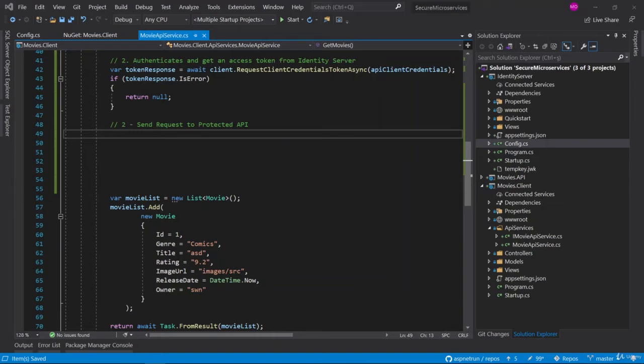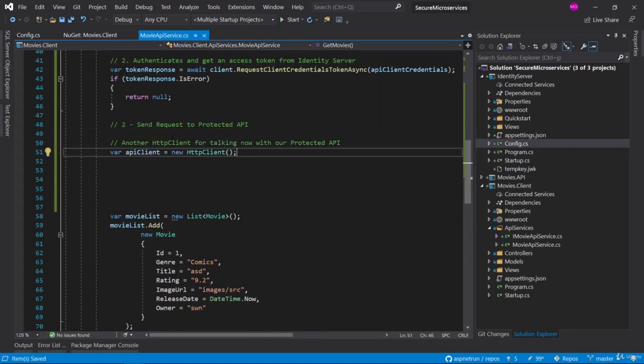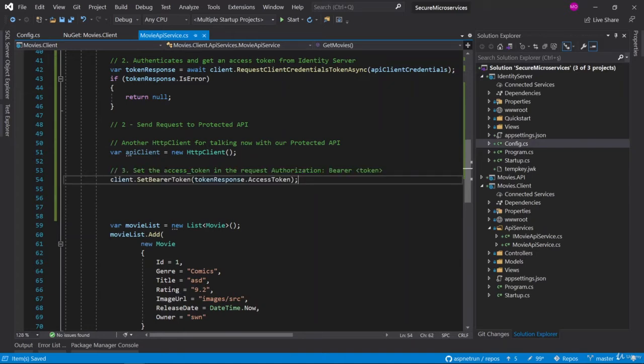For that purpose, again, I'm going to create another HTTP client in order to perform the consume operation from the protected API. This is our API client, and the important thing is to set the bearer token. When we are sending the request, we should set the bearer token in the authorization header. For that purpose, I will write this kind of code.